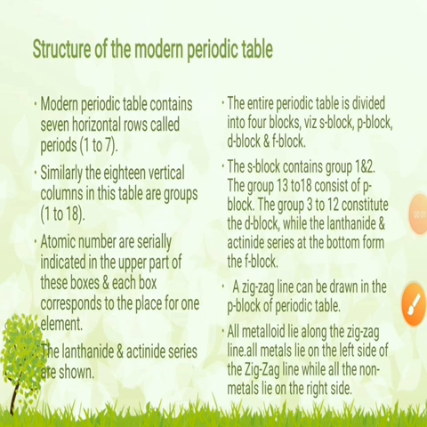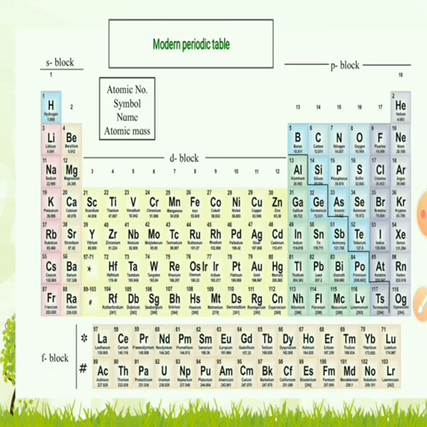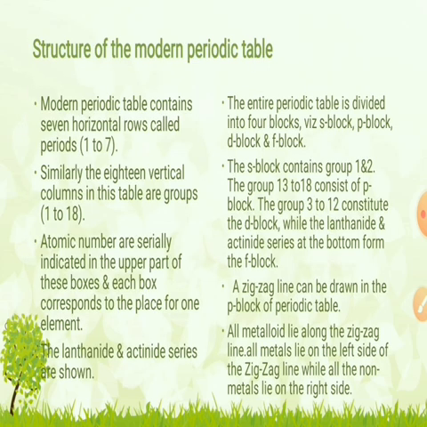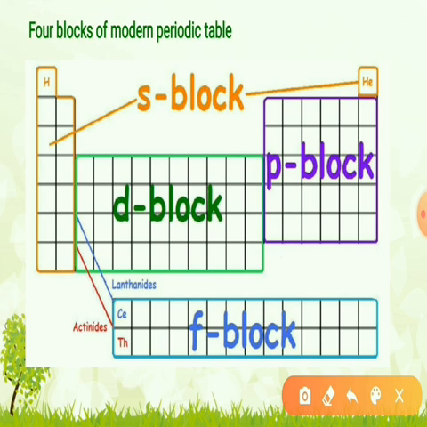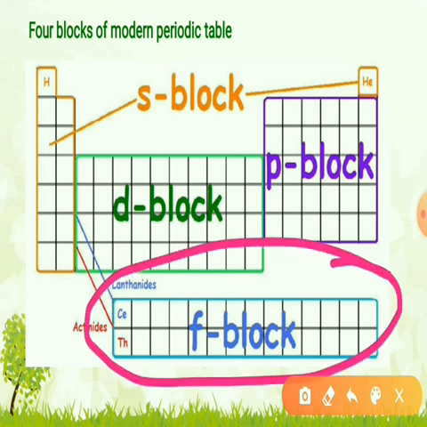See students, it means that there are 118 places for elements in the modern periodic table, and very recently the formation of new elements was established experimentally, and thereby the modern periodic table is now completely filled. You can see here, this is a modern periodic table which has now been completely filled. The lanthanide and actinide series are shown at the bottom of the modern periodic table, and this whole